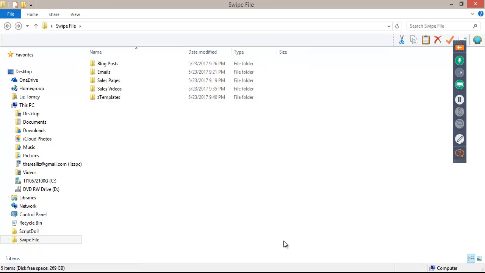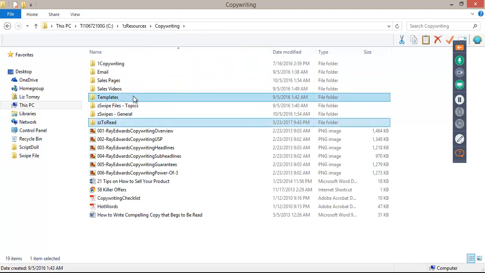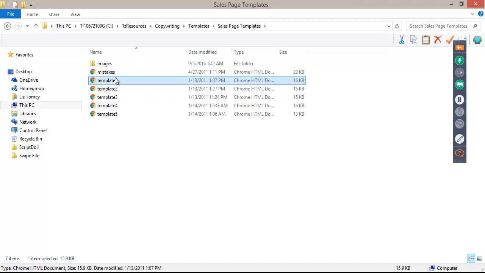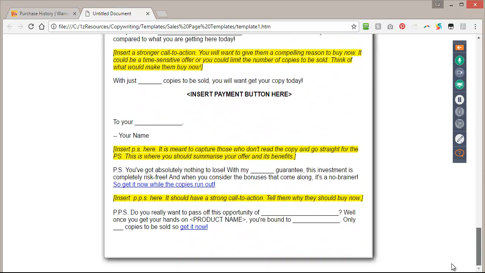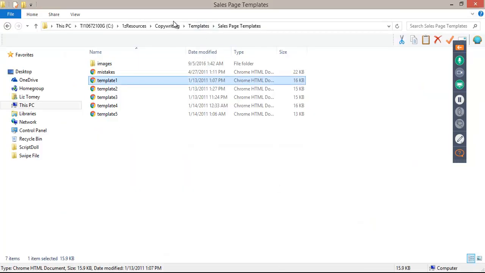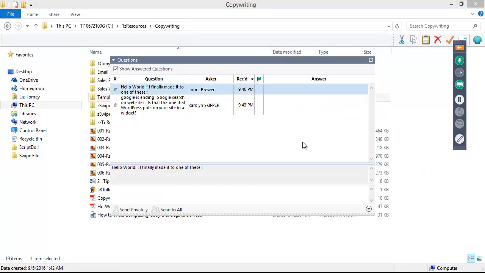Be on the lookout for people that are selling templates and stuff like that. I've got stuff in here. We go back. Templates. WSO sales letter formula, sales letter template, WSO copy template, squeeze page template, sales page templates. Let's see what this is. This is probably, yeah, this is something I bought. So I can't give it to you guys because I don't know if I have the rights to it or not. But these are exactly what they say they are, sales page templates. And I've got several of these in another folder. This is a new swipe file folder that I'm building here under copywriting. I have another one on my external hard drive.